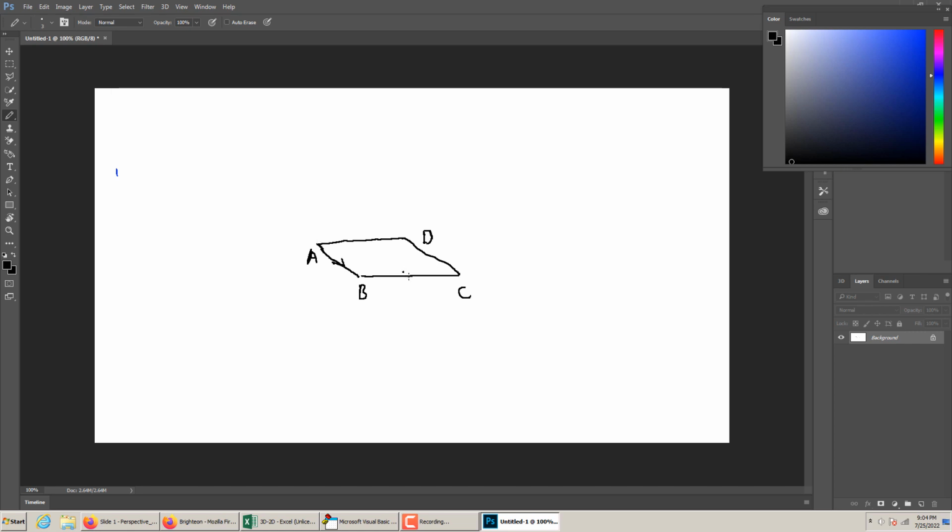So I draw some arrows. So we go from A to B to C to D and then to A, and then go up, okay,